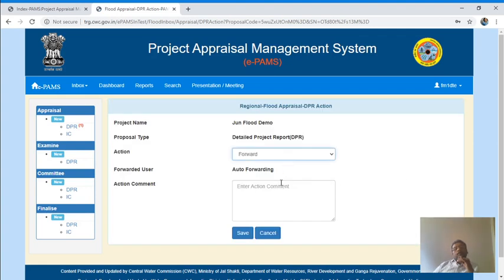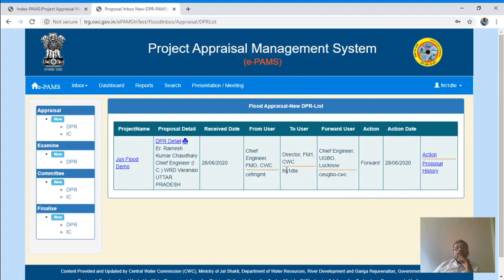Now forward. It is auto forwarding, meaning it is already defined where it will go. Now it has been forwarded to Lucknow depending upon the state. CGBO Lucknow, that is the regional office.